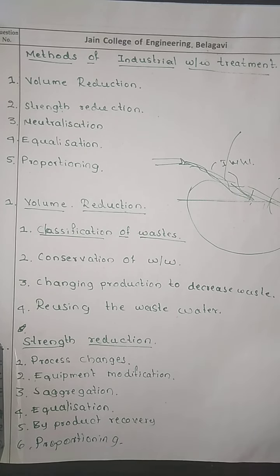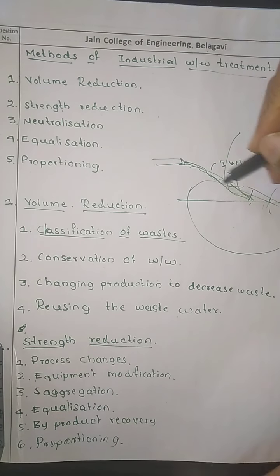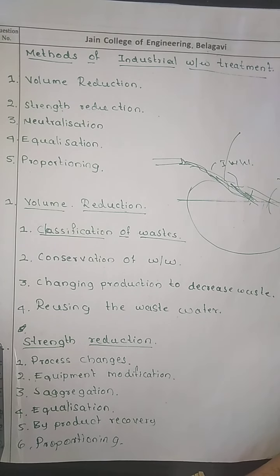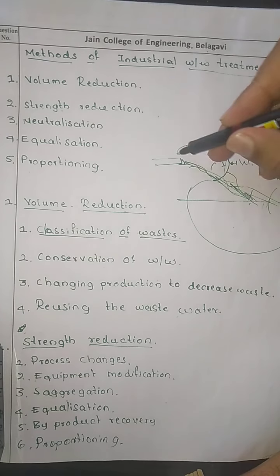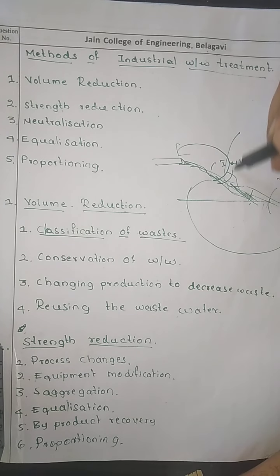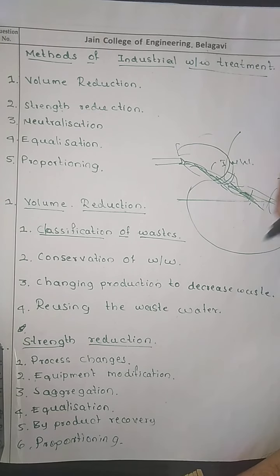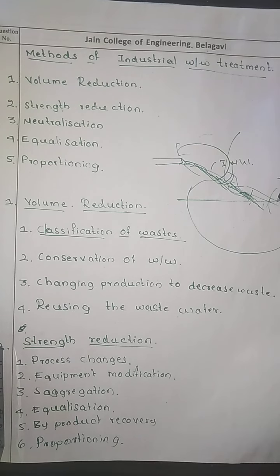Now, in reusing both industrial and municipal effluent, what we need to do is reuse whatever wastewater can be treated, instead of discharging it into the receiving water body. If we reuse this water several times, instead of using it one time and discharging it, what will happen? The volume of the receiving water body is going to increase.